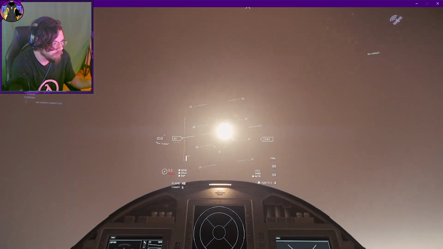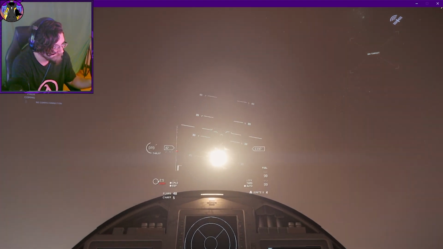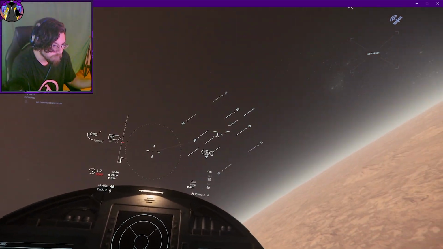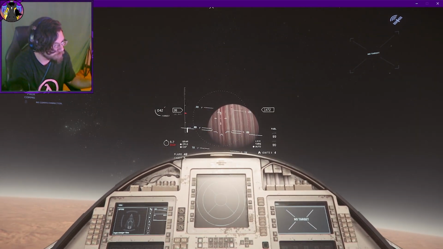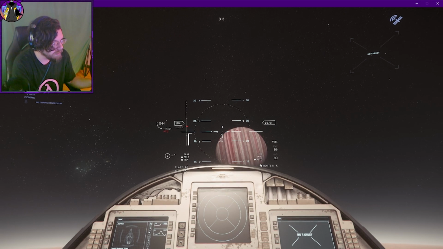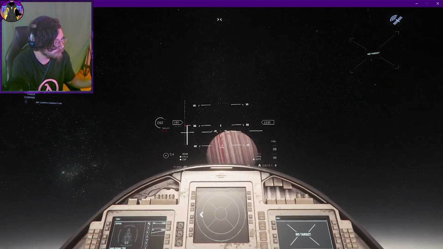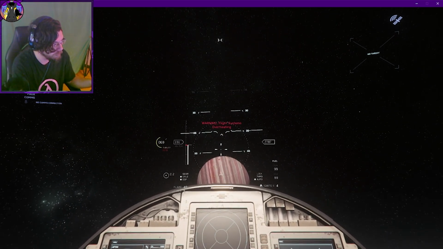And make our way up to space again. Landing gear retracted. And then we're gonna just point our way, make our way towards Crusader here. I hope that's the planet's name. I think that's Crusader. Which one was Crusader? I think that's Crusader. Yeah. Alright. So apparently the red line tells you where basically...